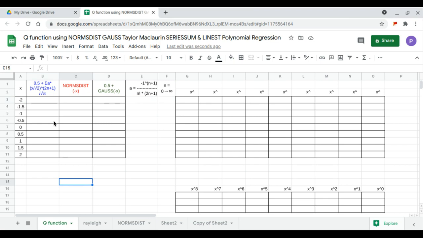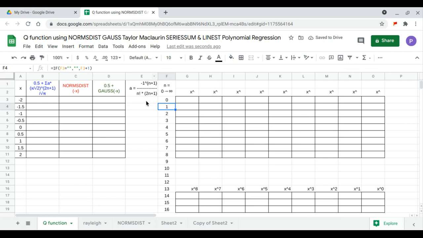In this video, we'll generate the trendline dataset and trendline polynomial of the Q function using NORMSDIST and the GAUSS function. We begin with the Taylor-Maclaurin Series sum expansion of the Q function, which is 0.5 times the summation of a times x over square root of 2 raised to the power 2n plus 1 all over square root of pi, where the coefficient a is equal to negative 1 to the power n plus 1 all over n factorial times 2n plus 1. And the value of n is 0 to infinity, so we can go as far as